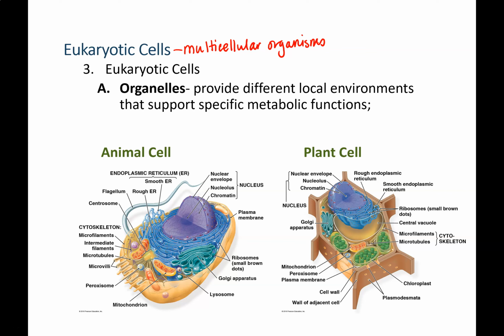Now, in a multicellular organism, all those eukaryotic cells are working together. They're communicating, they're performing specific functions within the organism. One of the main differences between prokaryotic and eukaryotic cells is that eukaryotic cells are much bigger